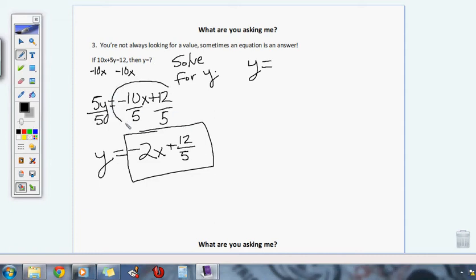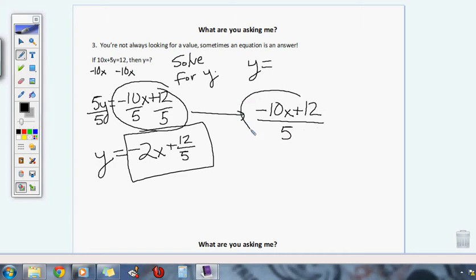Another thing I want you to see is in this step, you technically could write this as negative 10x plus 12 all over 5, instead of dividing each part by it, making it one fraction, and y would be equal to that as well. Or another way, they could actually say to you on this one, negative 2x plus,